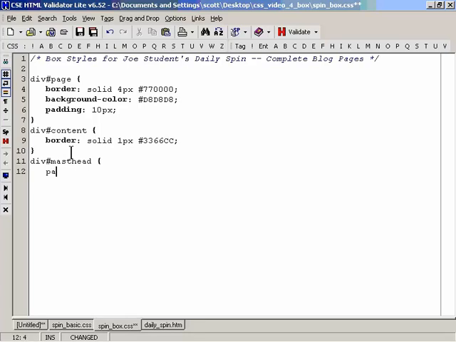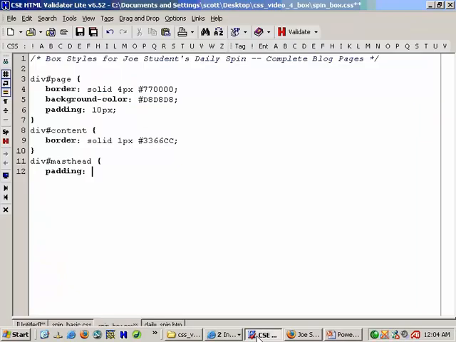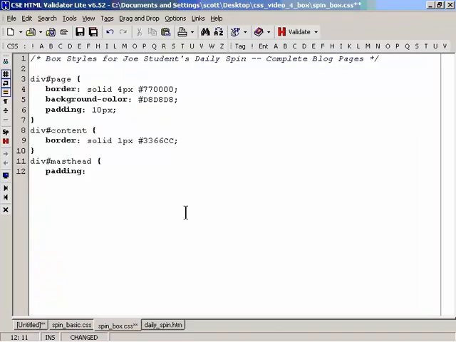And in the masthead area, all I'm doing is setting up some padding to give some space. If we go back to the browser for a second, we'll see the space that we're talking about. You see how there isn't much space here. We need some padding to move this stuff away and down, and probably on both sides. So we'll do padding of, actually going to do 0 on top, 20 pixels on the right, 30 pixels on the bottom, and 20 pixels